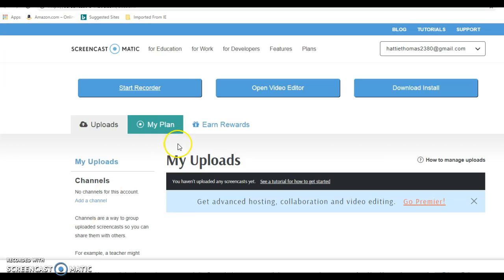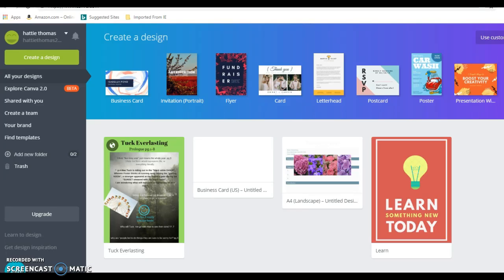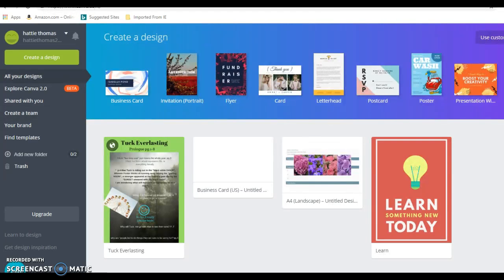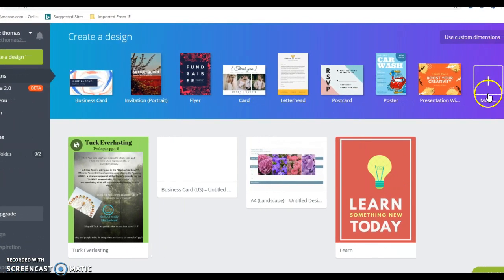So this is my Canva page right here. If you click here where it says create a team, students, it says, can add up to 400 members, which is way more than any classroom would need. And if you see right up here, there are many templates that students can use for creating. If you click here on more,